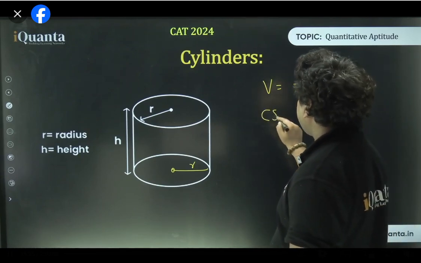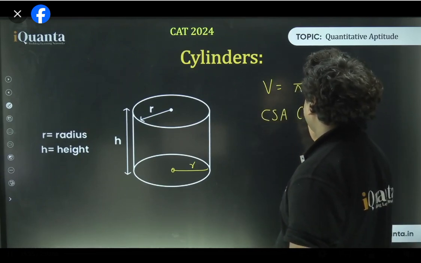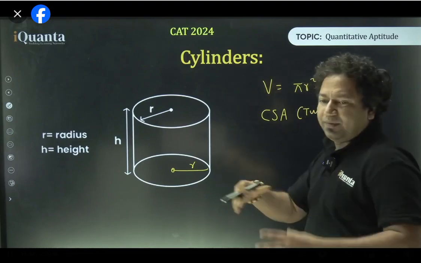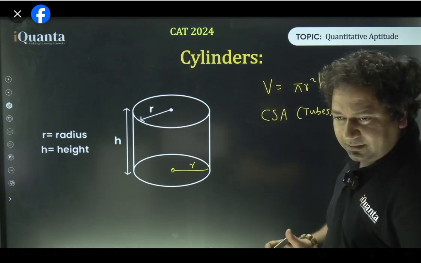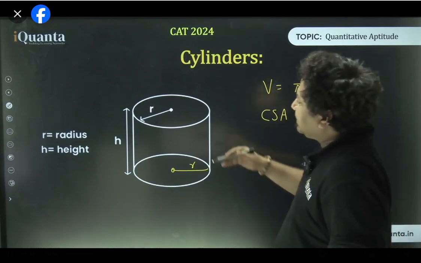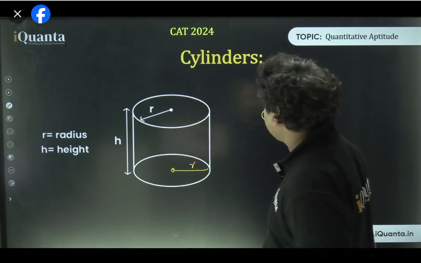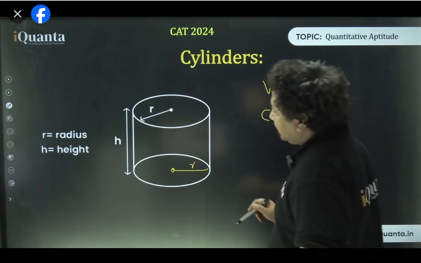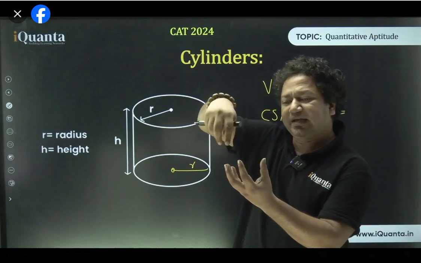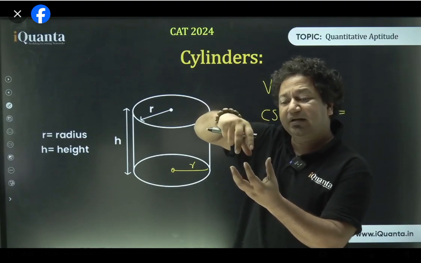In surface area we have two things here. Curved surface area, it happens when we have tubes. Tubes are open from both sides, right? You must have seen a water tube. So it's only curved surface. There's nothing over it and nothing below. It's not closed. Now the surface area is the surface that the cylinder makes, and this surface is nothing but h times the circumference.